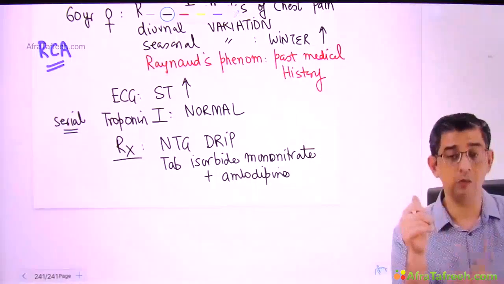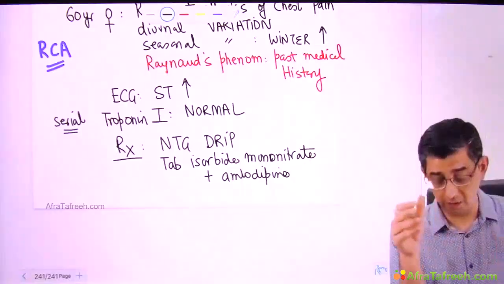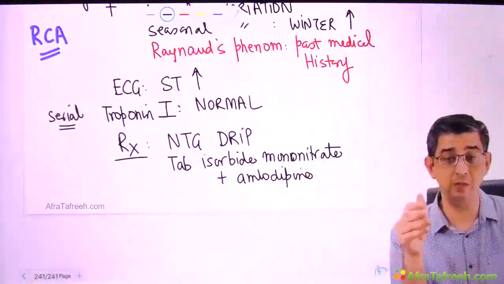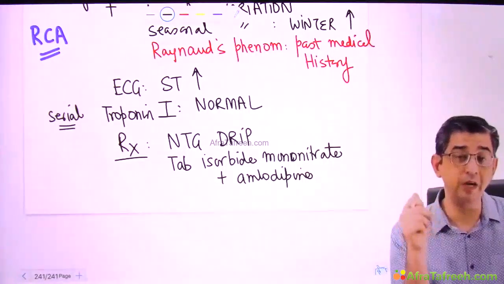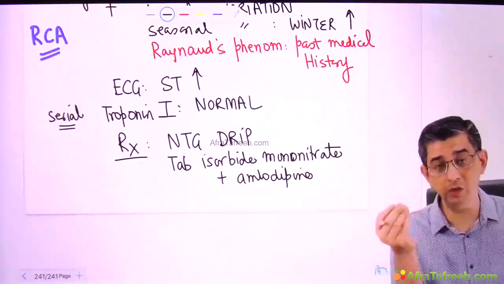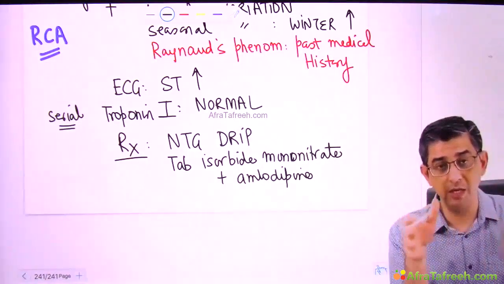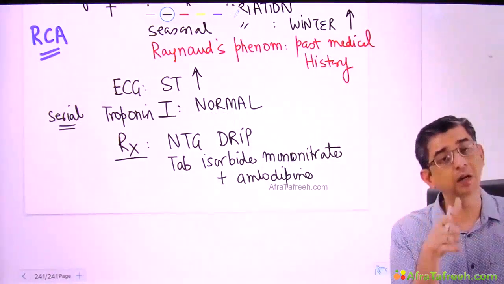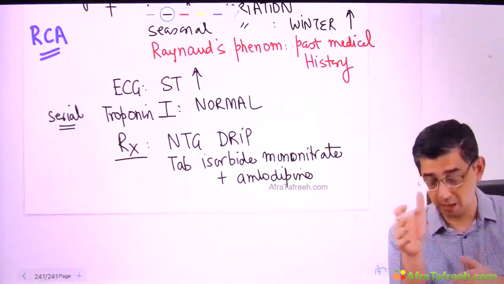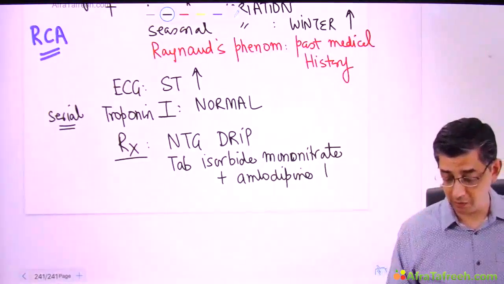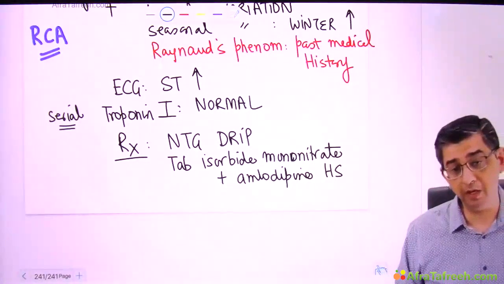But if you give isosorbide mononitrate or nitrates for a long duration, tolerance can develop. And because of the risk of tolerance, if isosorbide mononitrate is present in the blood for 24 hours per day, after a few days tachyphylaxis will occur and the medicine will stop working. I need to ensure that there is some drug-free period, that is, in 24 hours, 8 hours of drug holiday. 16 hours the drug is present in the body, 8 hours of drug holiday per day, and for those 8 hours, I can give amlodipine at bedtime to these patients so that when they wake up in the morning, especially 5 a.m., 6 a.m., they do not suffer from any kind of chest pain.